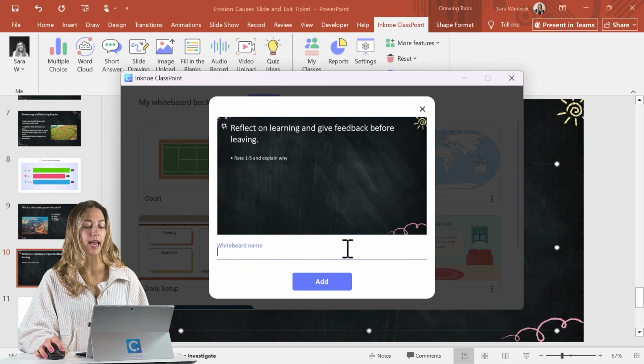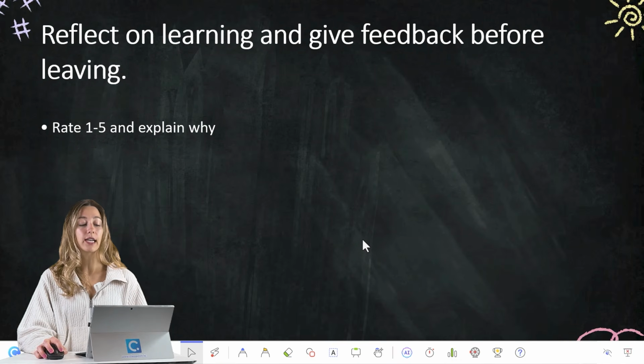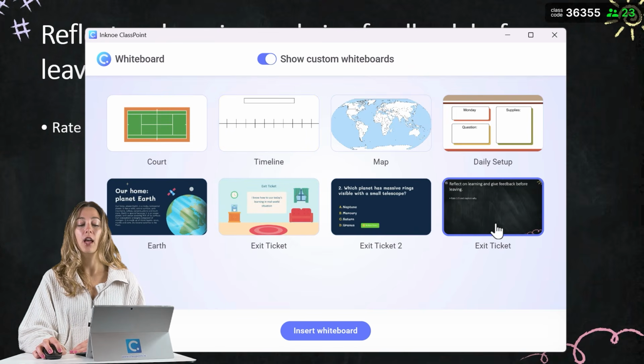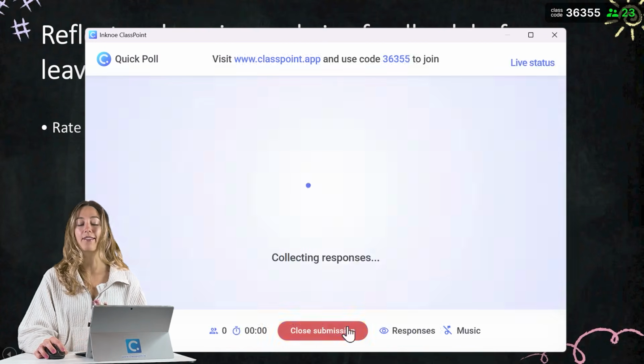I'll give it a name of exit ticket. Then we can add this as that saved whiteboard background slide. So that way, when you're in class, you can always go ahead and reuse that slide no matter what PowerPoint presentation you're in. So it's always going to be in your custom whiteboards. You can add that into your presentation and then go ahead and run that quick poll with those different 5